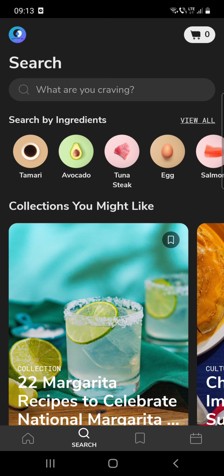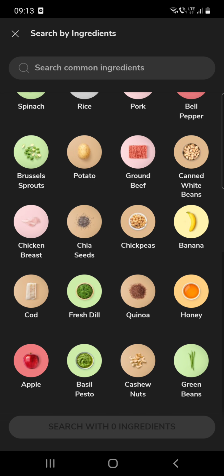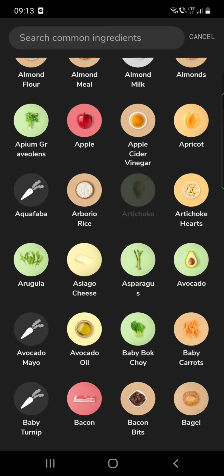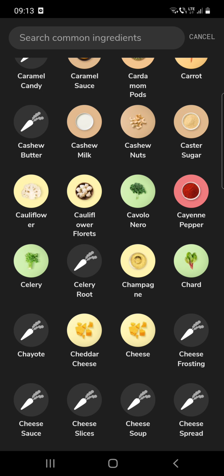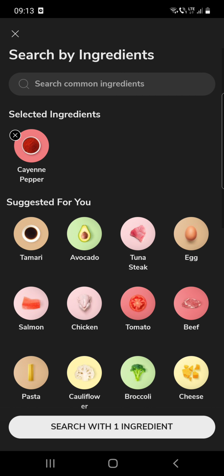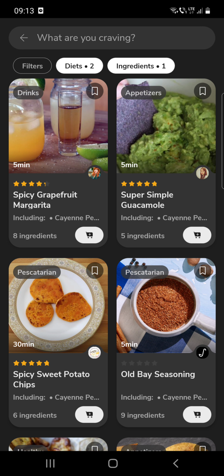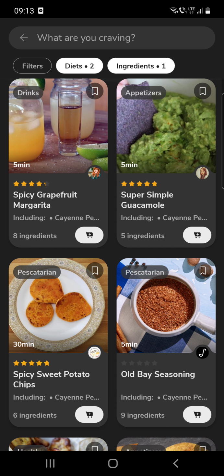search by ingredients. You can see at the top of the screen some options, but you can click on the view all, and here you can see some of the ingredients, or you can search common ingredients. So here is a whole list, and if you click on one of those, click on the search with one ingredient, and then here you will see recipes that include this cayenne pepper